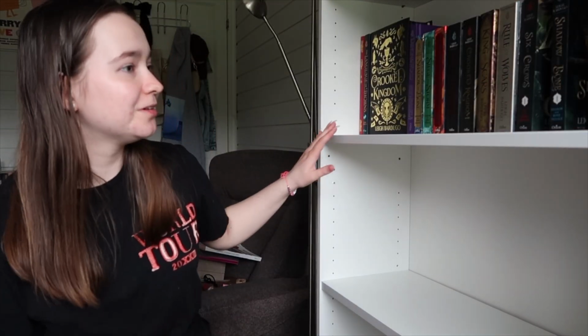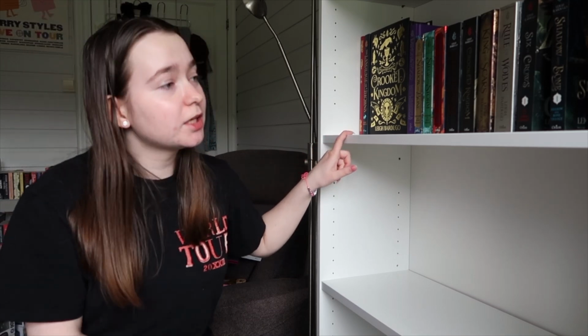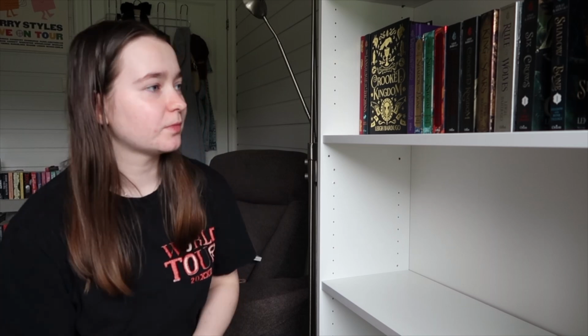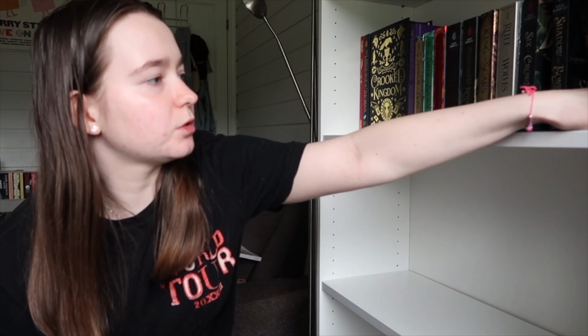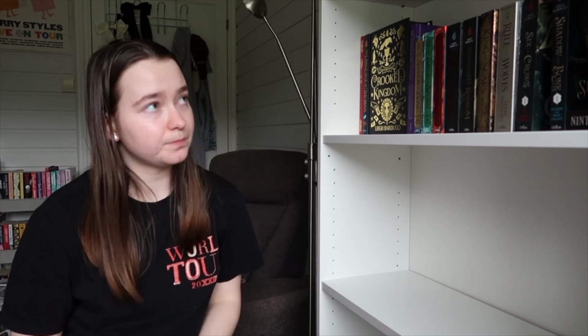I either have to do something completely different or, because the books are gonna fall, I need to buy the Shadow and Bone Collector's Edition. So, is that just an excuse to buy it? Possibly. I don't know. And then I like it over here, but it doesn't look as good with this one. Unless I pull that one. Okay, that works. I'm gonna keep it like that for now. And now we're gonna do...